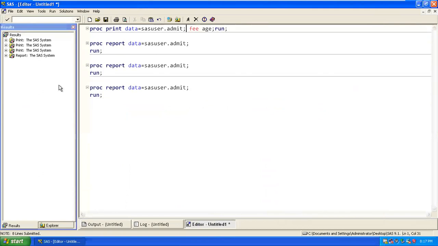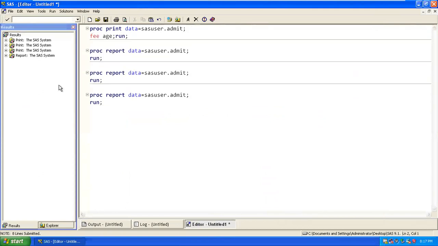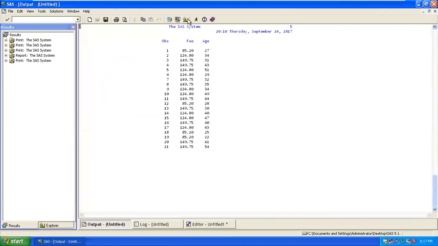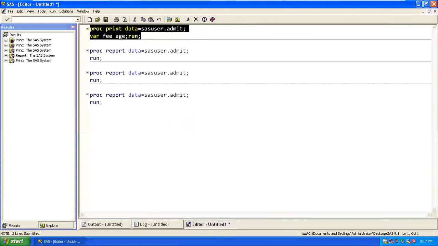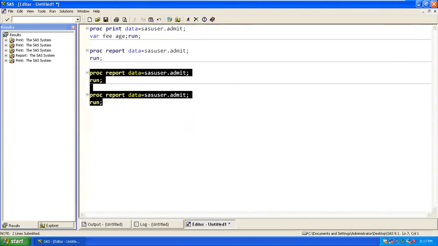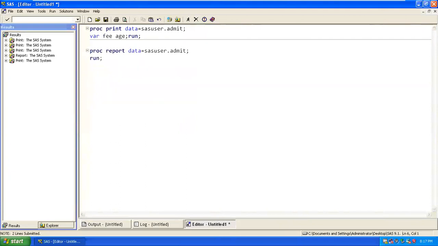If I want to restrict to only 2 variables, I can say variable fee and age. Correct? I'll be getting only 2 variables. Same thing, if you want it for your report, you can use the column keyword.